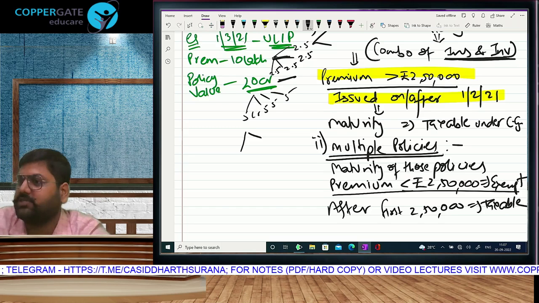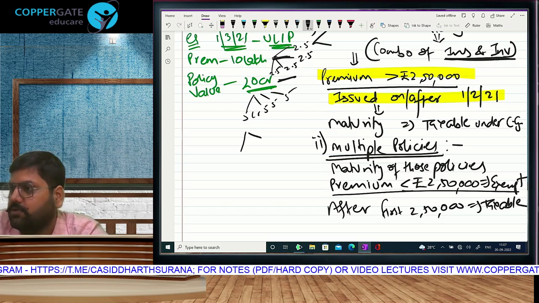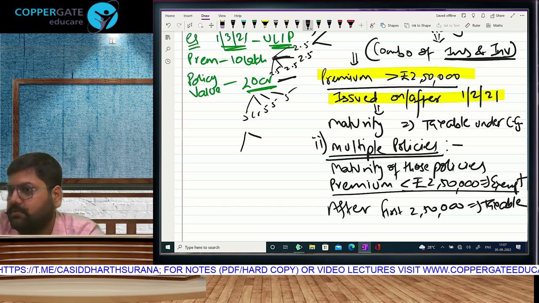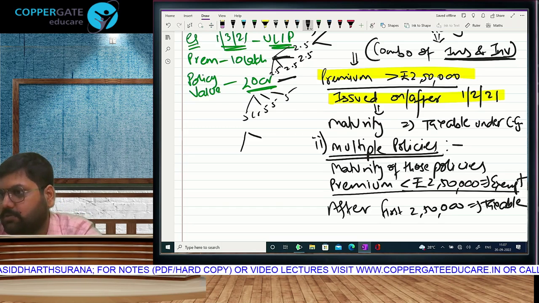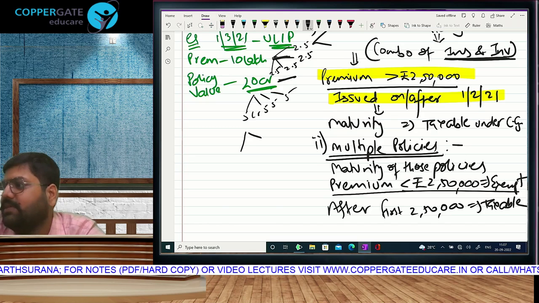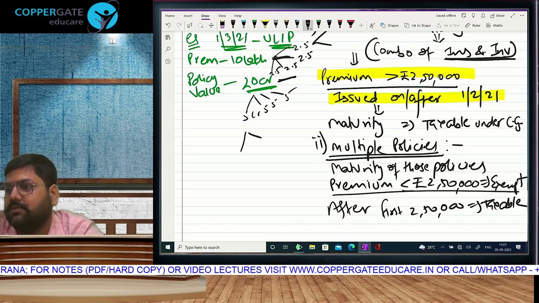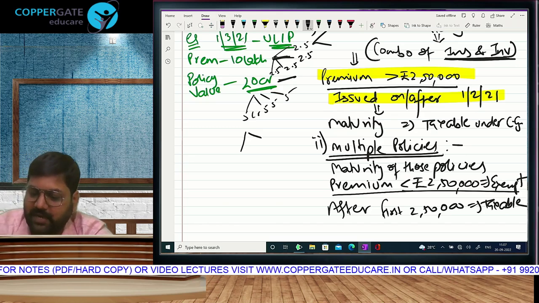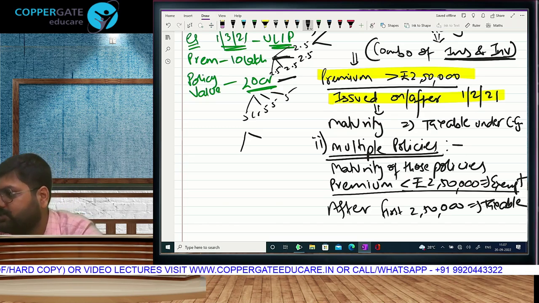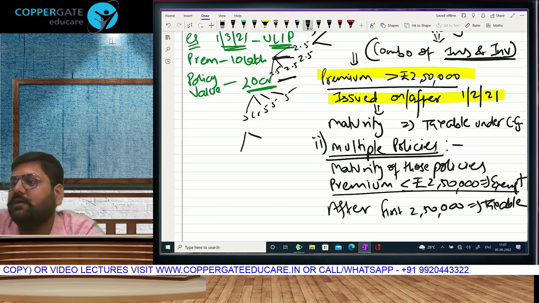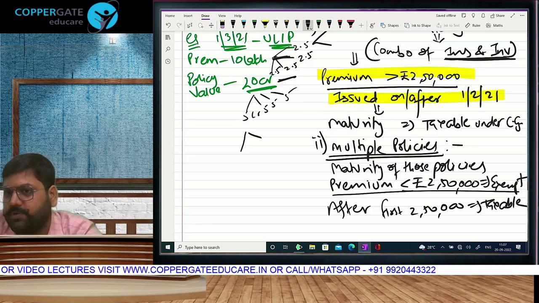But now I have exhausted my 2.5 threshold, so now anything cannot be taken. So you can take multiple policies also, but their total premium should not exceed 2,50,000. After exhausting 2,50,000, whether in one policy or multiple policies, thereafter any other maturity value is going to be taxable,